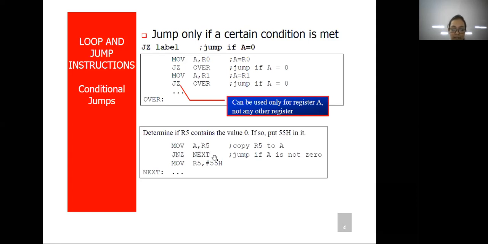Now the next instruction, JNZ, says jump if accumulator is non-zero. But this will not jump, because the accumulator is already 0 from the previous instruction.